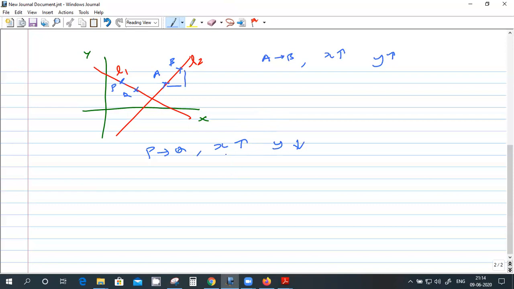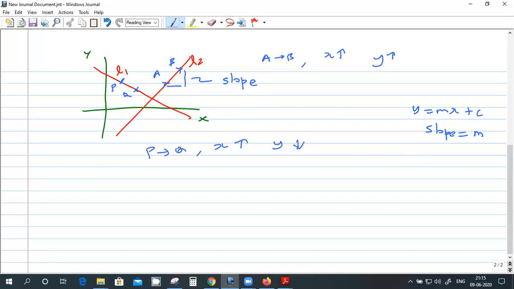So what is this property called? I don't know. Slope of the line. You know slope of a line, right? Y equal to mx plus c. What is the slope? Slope is m, right? Yeah, that's the equation of the line.